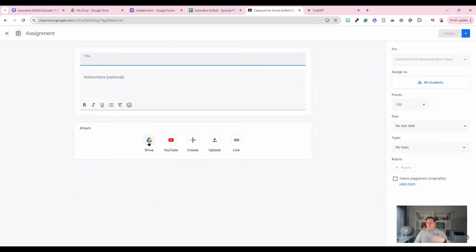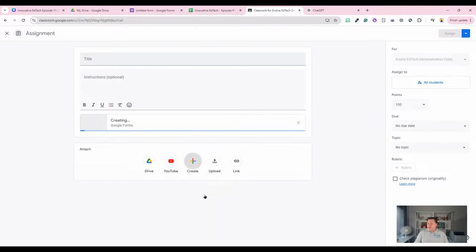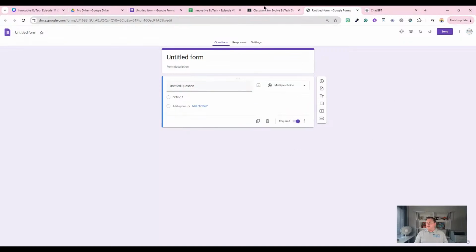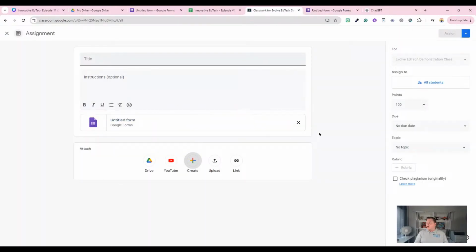If I've got a form created already that I have used in the past, I can attach that from Drive. But let's say that I am creating one from scratch. I can press create. I can create this in Forms. There is my form that I can now go in and edit. So it's just opened up to my form, which is really fantastic. So I can go in there and edit that. All right. The really useful thing that I love about this